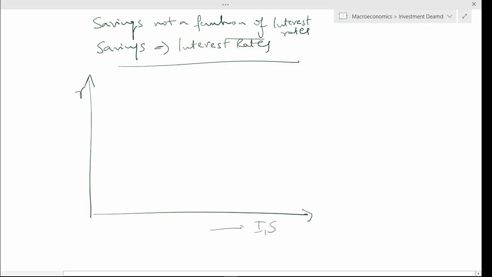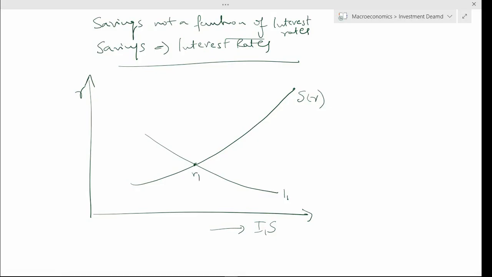Now let's assume savings depends on consumption, and if consumption increases, savings decreases, and we are now making savings dependent on interest rates. So when interest rates are going to reduce, the saving is also going to reduce. So as the interest rates go up,